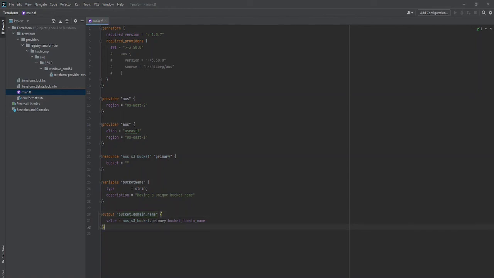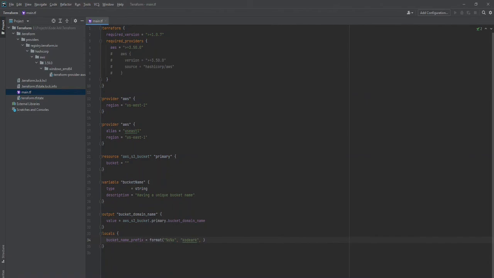The third one in the variable segment was locals. So we can say locals, and the bucket name prefix is going to be s3. Or we can use the format function.